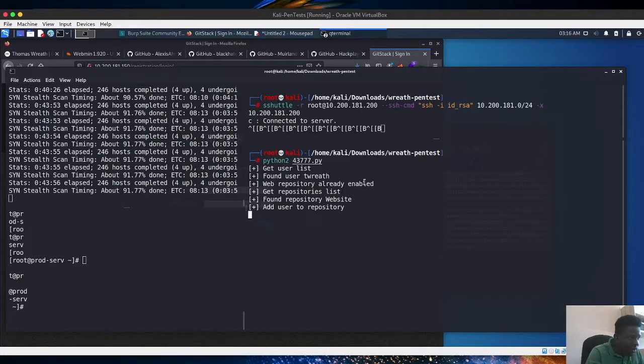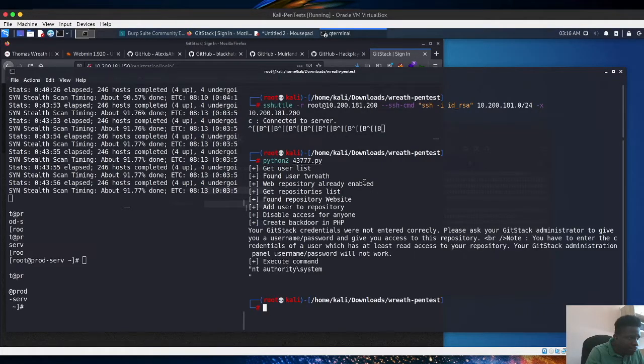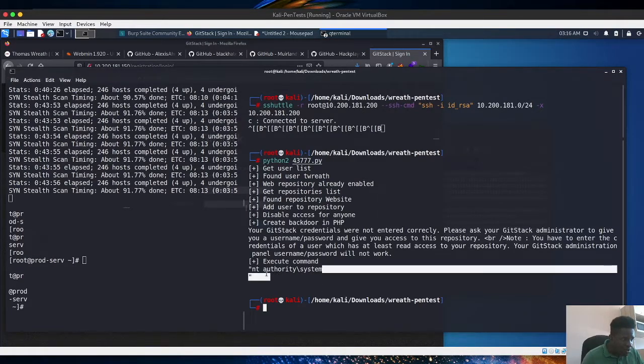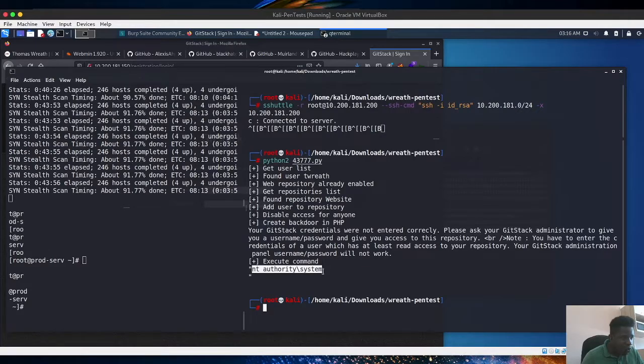Great. Did that work? Great. Now look at that. It executed a command on the box, and the whoami command verified that we ran this command as NT AUTHORITY, which seems like a very high privilege on the Windows box. So now we're going to be exploiting this remote code execution vulnerability to see if we can gain a remote